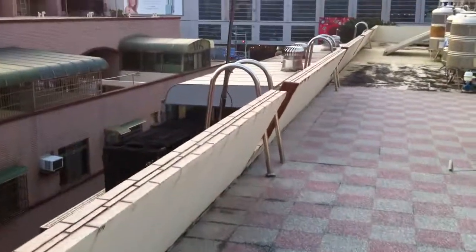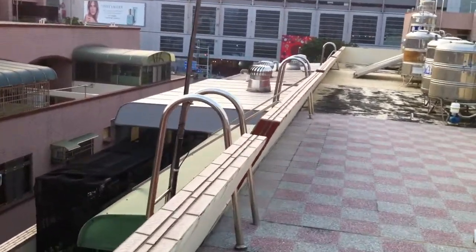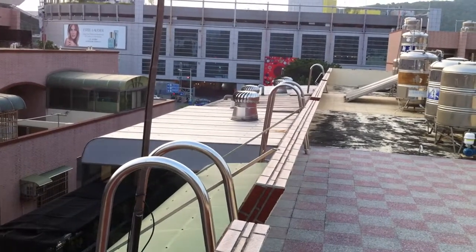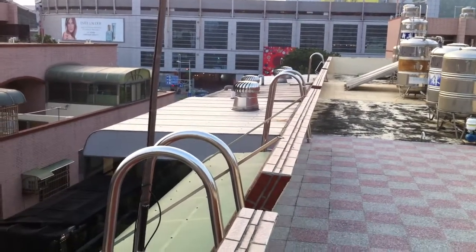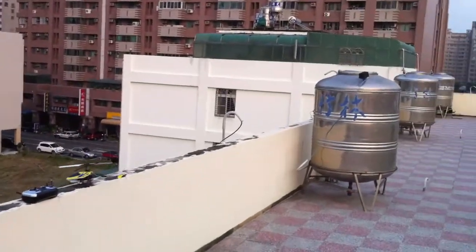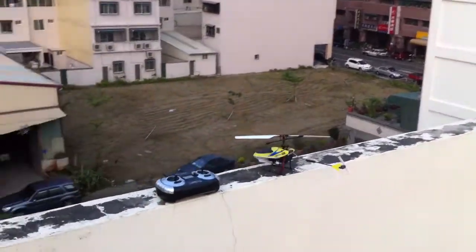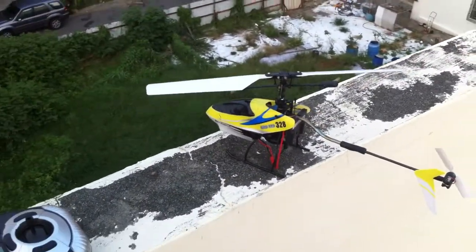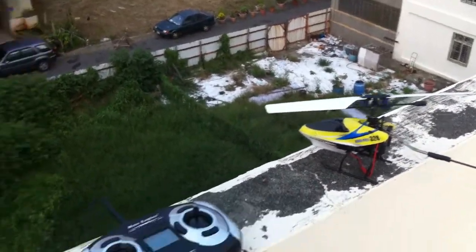As you can see, the turbine is spinning over there. If you get closer, you can see how fast the turbines are spinning. So there's a fair bit of wind going, but it does die down once in a while. I think the 328 should be able to cut through that wind enough so that I can keep it within